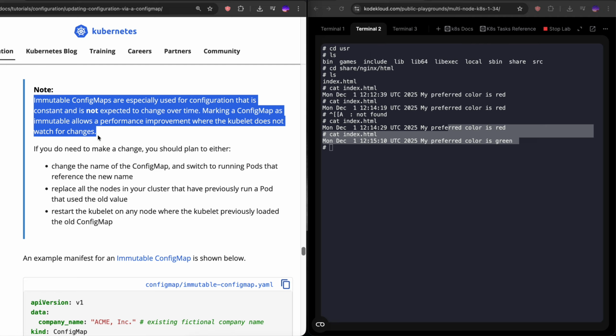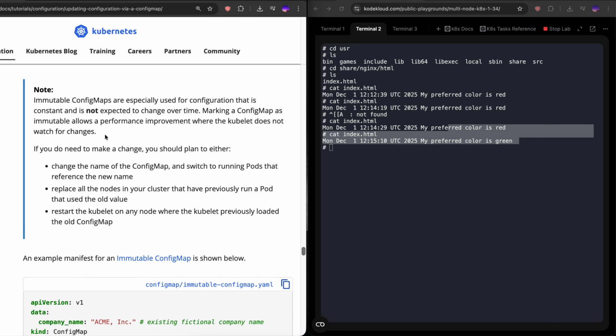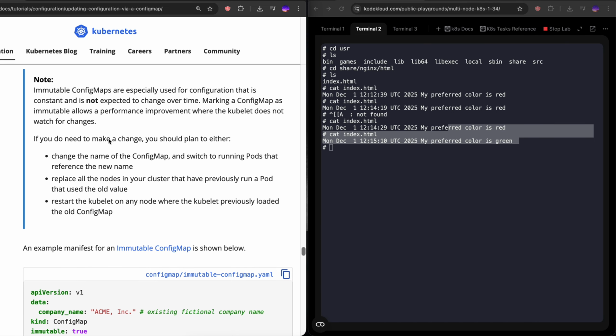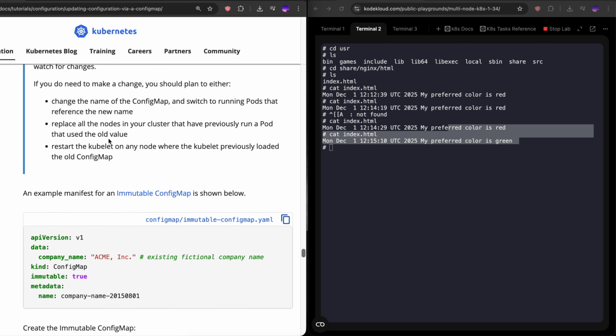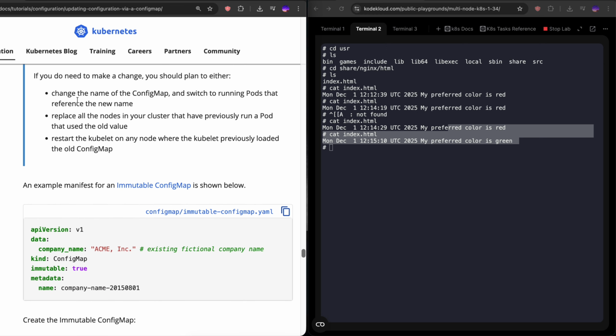It's checking, let's say, every 30 seconds. And if you have a lot of config maps mounted as a volume, this is overhead. So if you have config maps that are not modified frequently, it's a good idea to make them immutable. So there will be less resource consumption from the kubelet. Because in different projects there can be 1-2 config maps, in others there can be thousands, and that's a lot of work